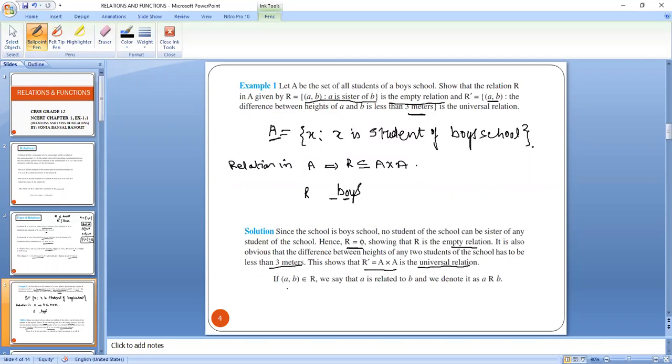And also if (A, B) belongs to R, we say that A is related to B, and the other way of writing is A R B. And if A is not related to B, we write A is not related to B. These are two mathematical representations. If element A is related to B, we write ARB, and if it is not related, we write ARB with a vertical line through it, or sometimes a straight line, right? A is not related to B. A is related to B. This is all about the empty relation and the universal relation, right?